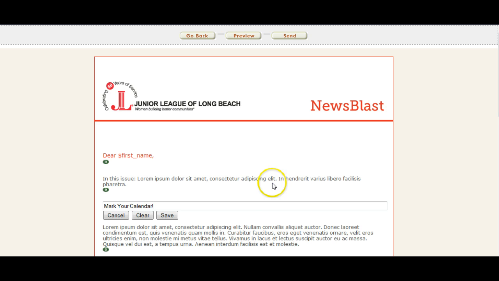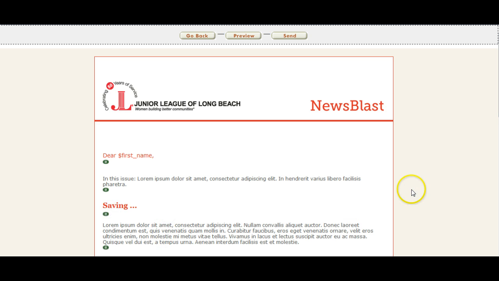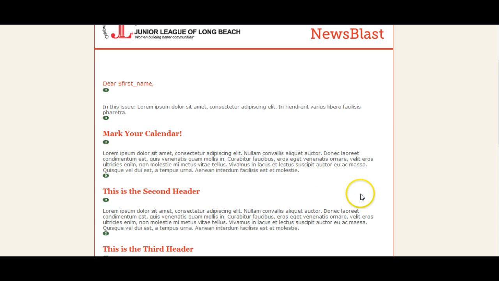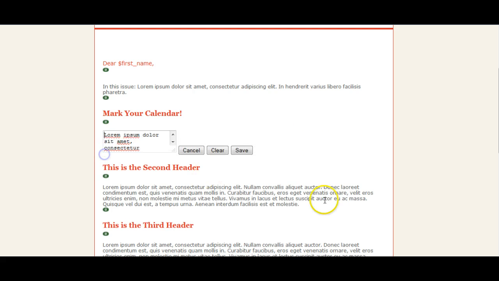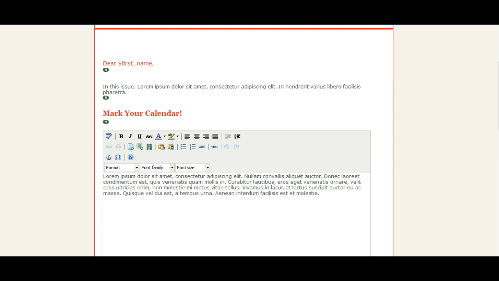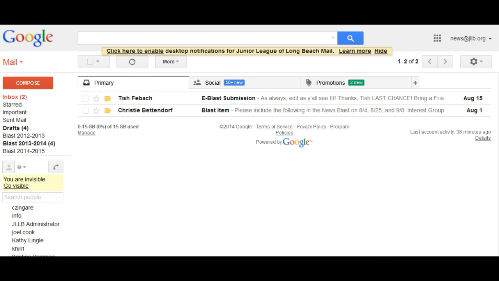I like to use exclamation points whenever I can, just because I think that they add a flavor of excitement. And then we're going to insert the article in here. So we're going to click on the green E, and we go back to the email, click on Tisha's email,